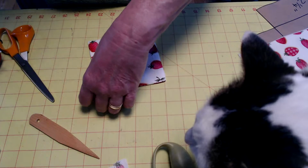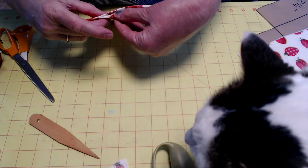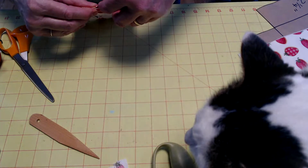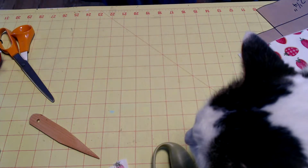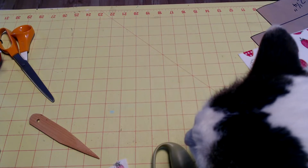And then we'll pin this onto the inside of this here. Yeah, now he's looking like I scolded him. So let me,